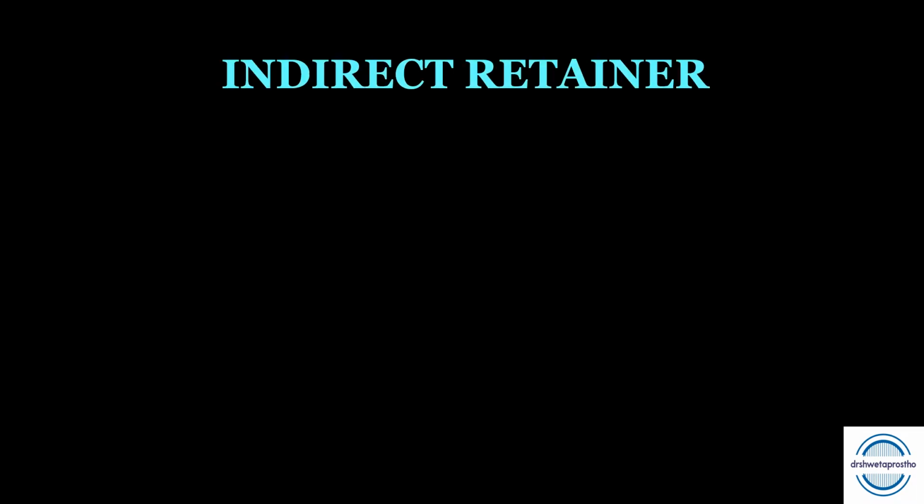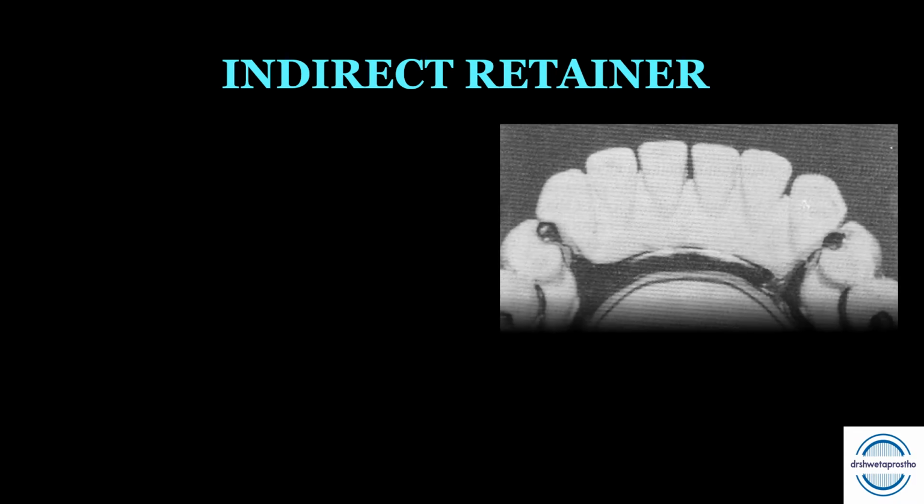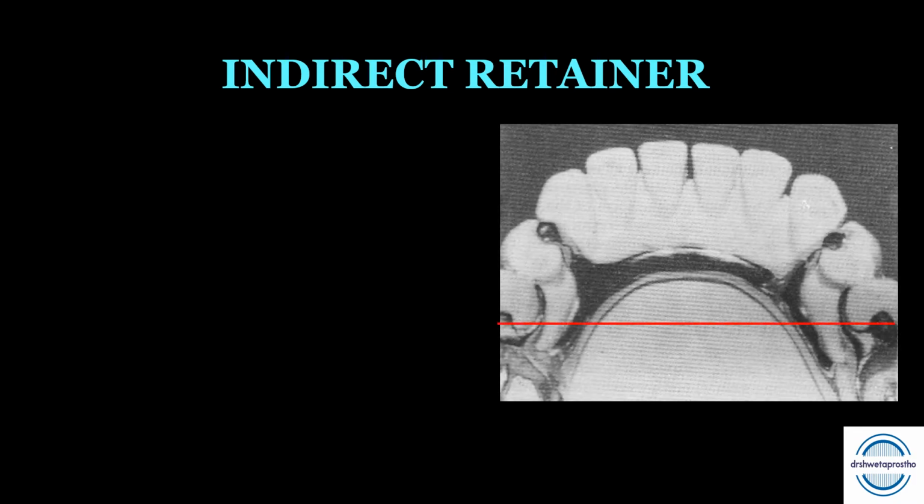What are indirect retainers? Let us understand. An imaginary line passes through the distal most occlusal rest of the distal extension RPDs, that is class 1 or 2 cases, around which the anterior-posterior rotation can occur. So some auxiliary rest or clasp can be given far away from this fulcrum line. This prevents the rotation and displacement of the distal extension bases. These are called the indirect retainers.